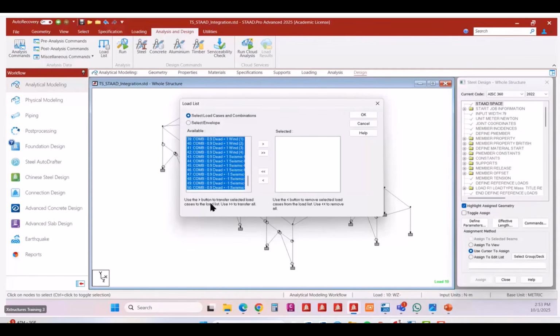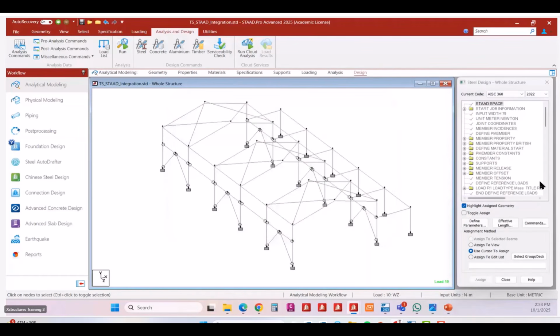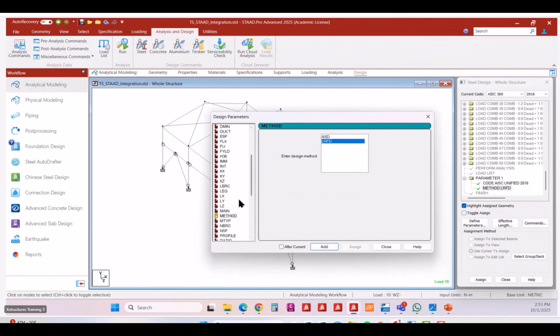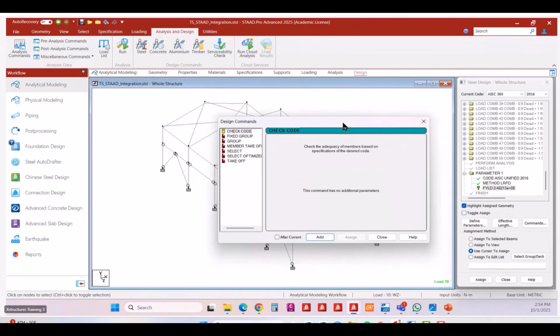Okay, and then I'll click OK and then define my code here to AISC 360-16, for example, and then define my parameters like the method. So I will be entering the design method of LRFD, add, and then my FYLD value as a default value. And then lastly, for my commands tab, I will be having my check code command here be added